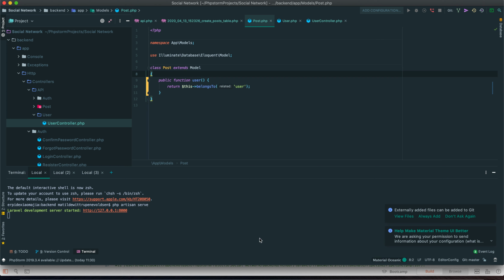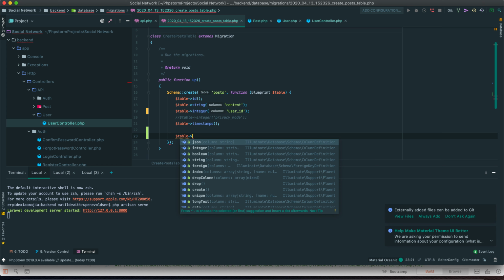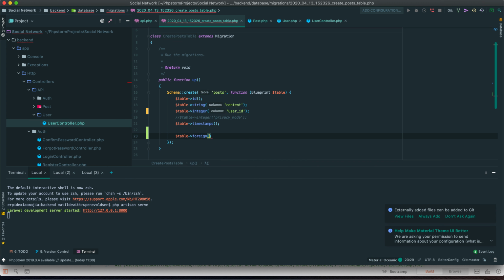And then additionally, let's go in here. I think we need to reference this. So let's go in and say table, and then let's say foreign key, user ID